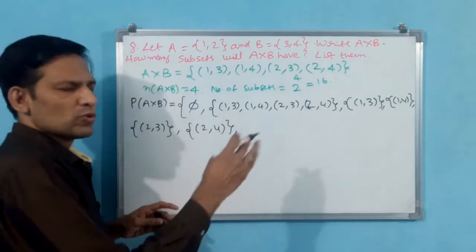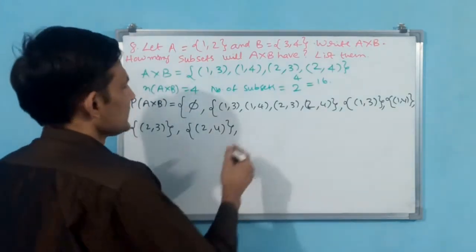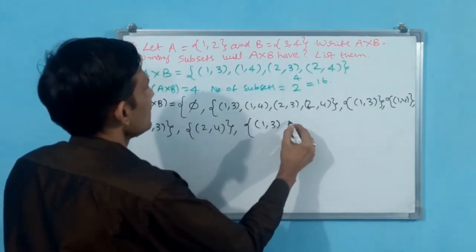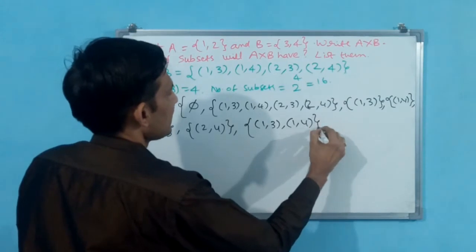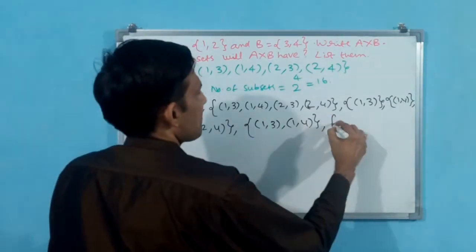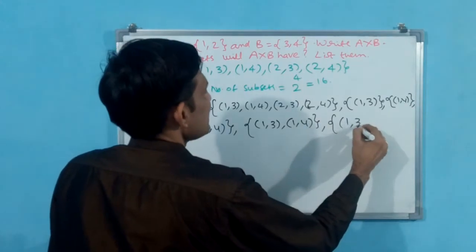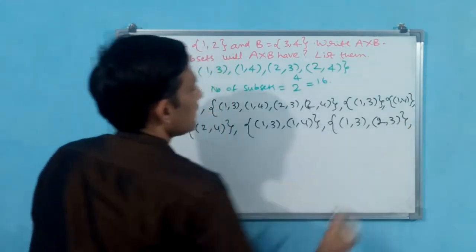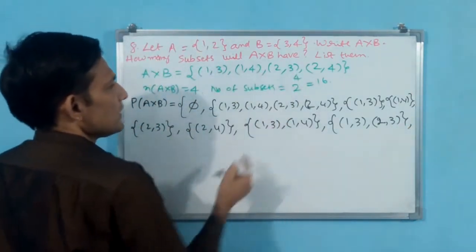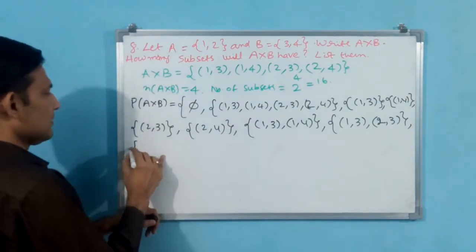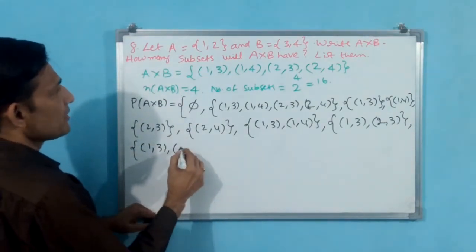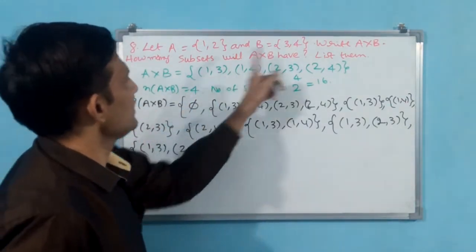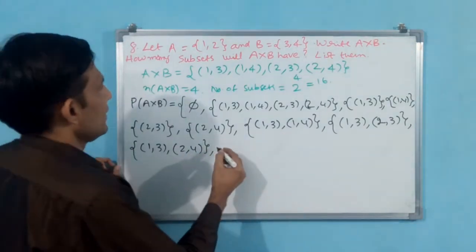Okay. Now we go to 2 element sets. Why? Because we have made it reversed. 2 sets means 1 3 comma 1 4. Okay, 2 elements. 1 3 comma 2 3. 1 3 1 4, 1 3 2 3. 1 3 2 4 is there still. 1 3 comma 2 4. Okay, 1 3 1 4, 1 3 2 3, 1 3 2 4. Okay, 1 3 over. Now we go for 1 4.